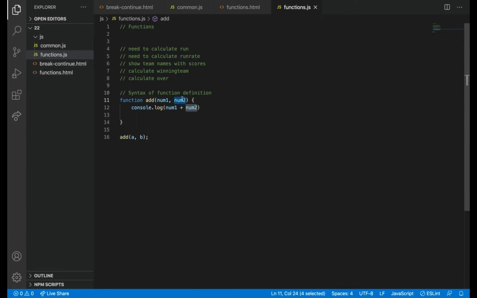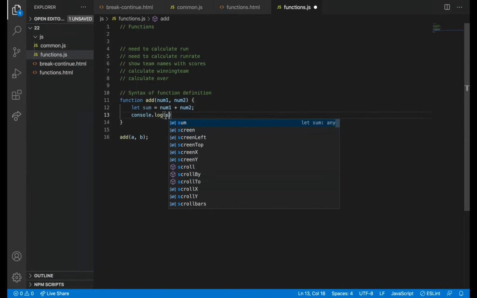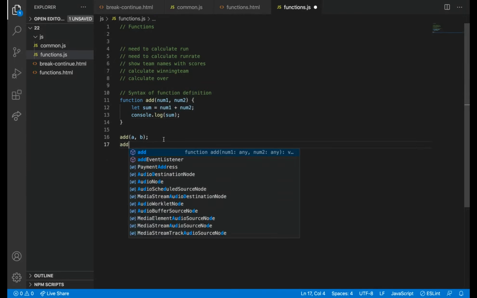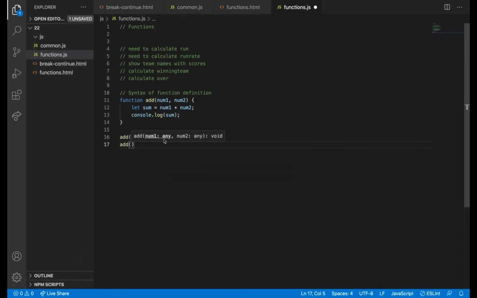We need to pass two parameters here, and then we are consoling it here. We can also do it like this: let sum equal to num1 plus num2, and then console log sum. So a function accepts parameters, and then we can use those parameters inside it. So I can call it with some other values also right here.